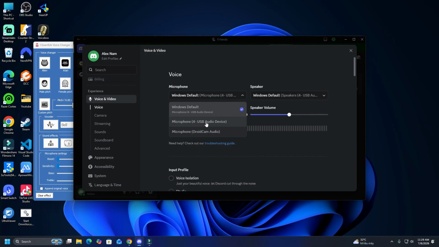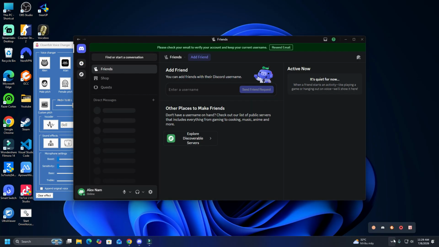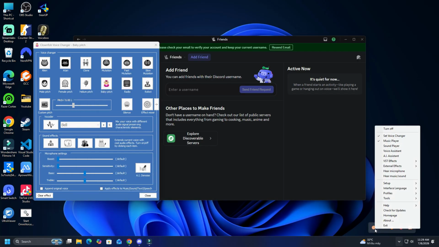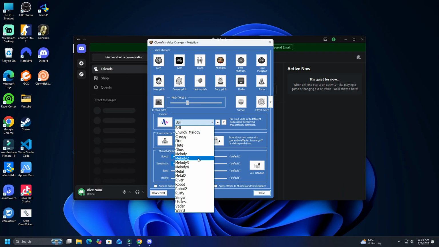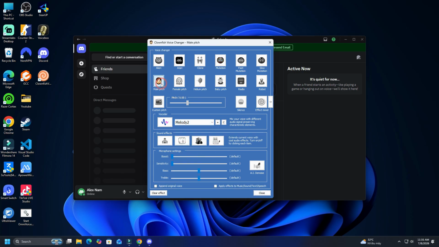Once you've done this, you can close out of this window. You can then head back over to the Clownfish dashboard, and you can go and select the voice filter that you want to apply. So for example, I could go and add a male pitch effect. You can then start talking in Discord, and this will automatically apply the filter. Now to remove this, you can just click on Clear Effect in the bottom navigation,